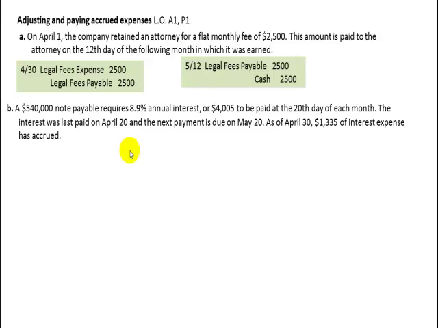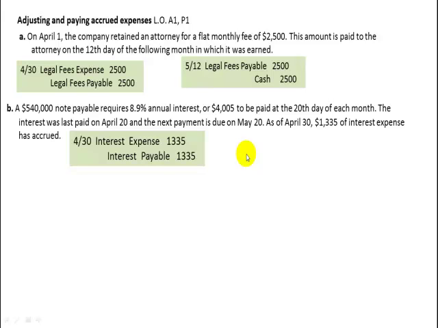And as of April the 30th, $1,335 interest expense has accrued. Alright, so we're going to make an adjusting entry at the end of April for the amount of interest that was accrued, that is the amount that we owe as of the end of April, for $1,335, and we will credit interest payable. This sets up the amount of the accrual that we owe as of the end of April,